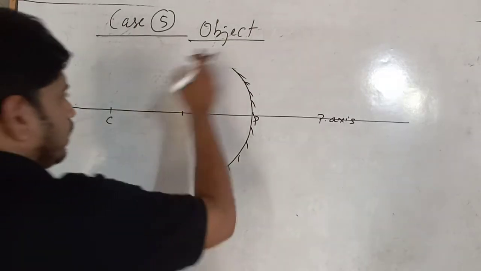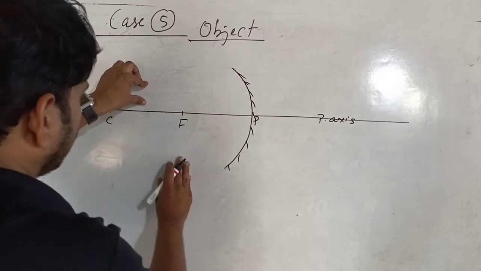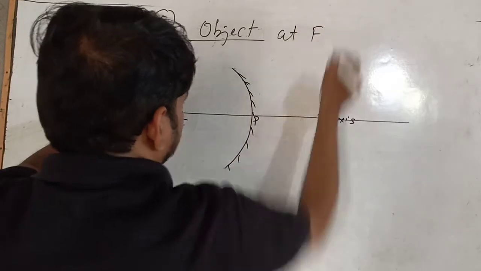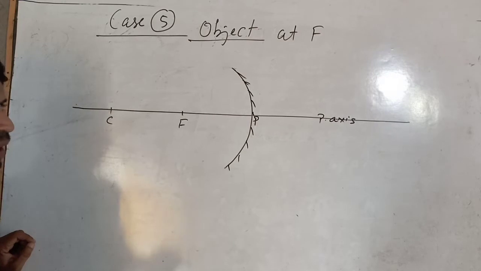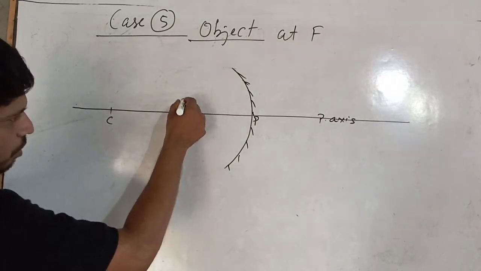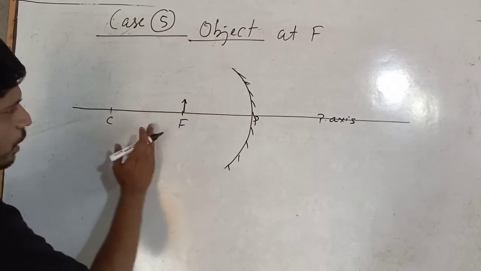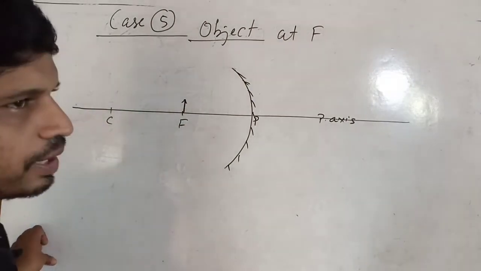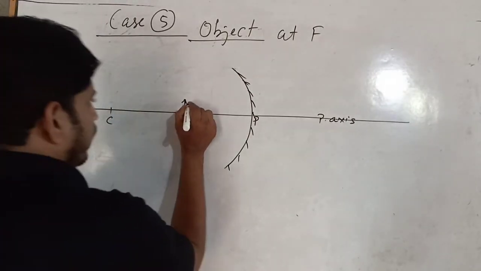Now the object, in the previous case it was between C and F. Now it will move to F. So the object is at F. Now where can the image form? Let's see. Draw a smaller object. Always draw a smaller object size when you are going towards the mirror, for your convenience; in the actual case, the object size will be as it is. So it is A, B.